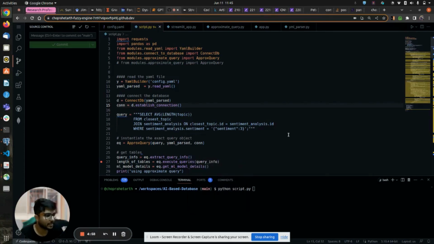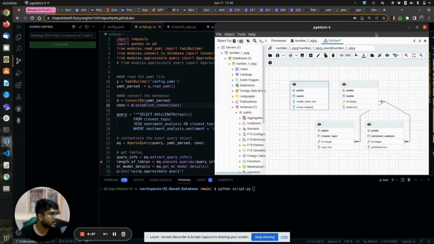Hi, so I'm going to talk about the approximate query which I have implemented. It's an update from the exact query thing which I was working on. So I'll just tell about the schema of this. Now, what happens in the previous